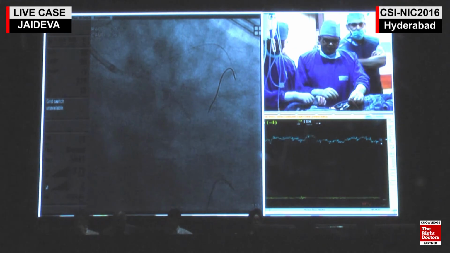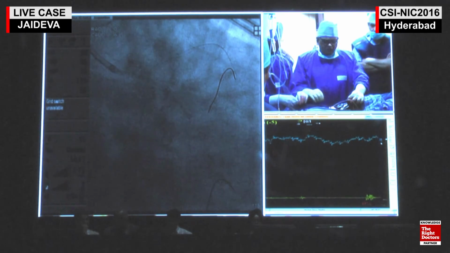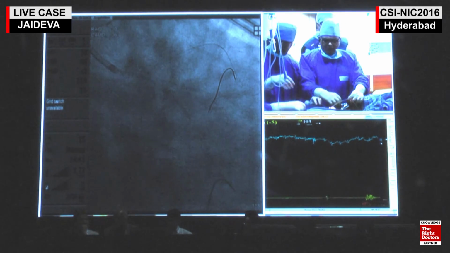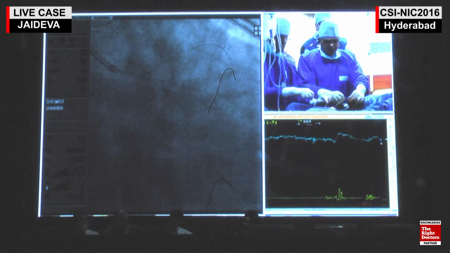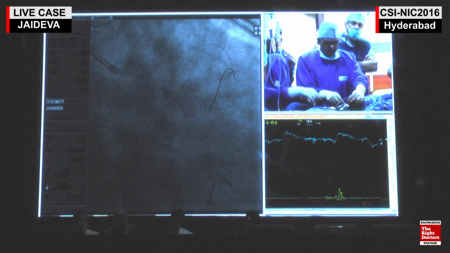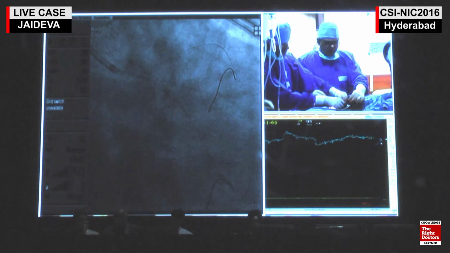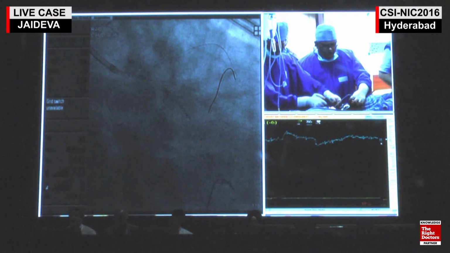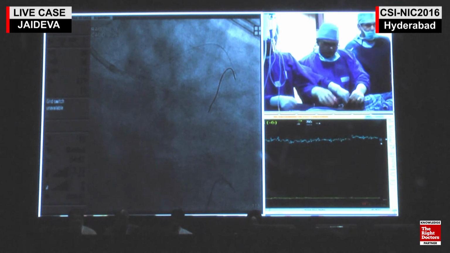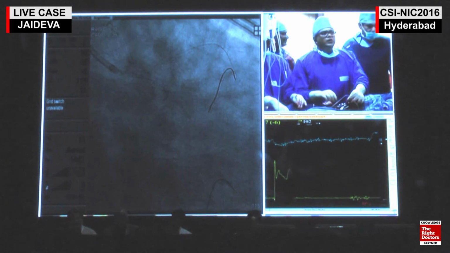I agree, but I thought you just check the two wires. Keep the balloon in the LAD, holding the wire, and inflate the pressure. Can we open the circumflex and then remove both wires? Pull back slightly, and then do a final balloon inflation. In that way, you do not just close the hub and inflate. You check the LAD balloon and the pressure at the same time now. You're actually pushing the stent balloon down, and you're not giving proper pressure. You just keep the balloon there and inflate.